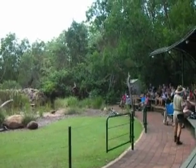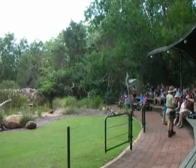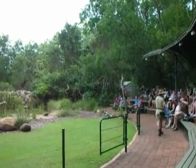You might notice he has got eyes either side of his head. Most of the birds we're showing you this afternoon have all got eyes forward facing like us,